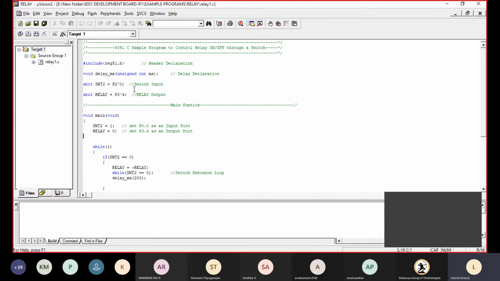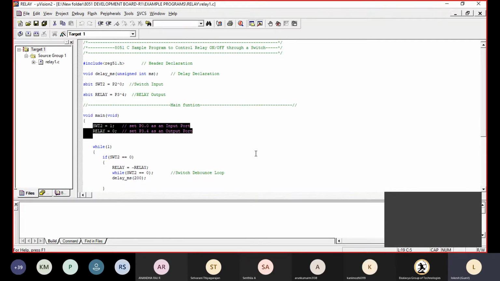Okay, so next. First we are making the input and output. The switch can be made the input and the relay can be made the output. To make any port an input or output: input is nothing but INPUT, I is for input, so there we need to give 1. Output is nothing but OUTPUT, O, so we need to give 0. So this is my thumb rule. To make the input, just give 1. To make the output, just give 0.